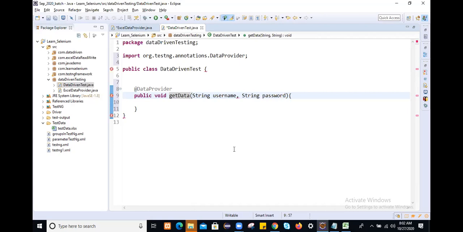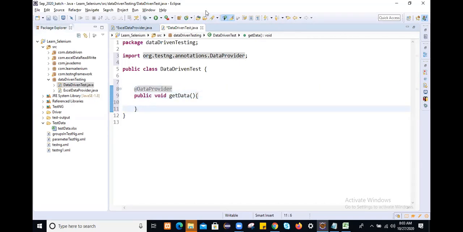Only 2 columns are there. The number of columns is the number of arguments we have to prepare at the data provider. Sorry guys, here we do not need to provide anything here. So it will retrieve that data.